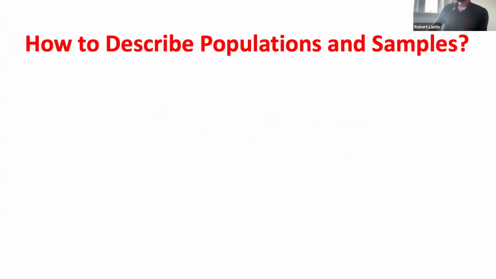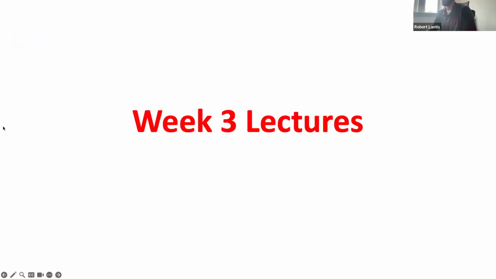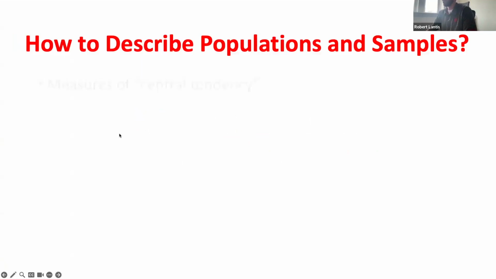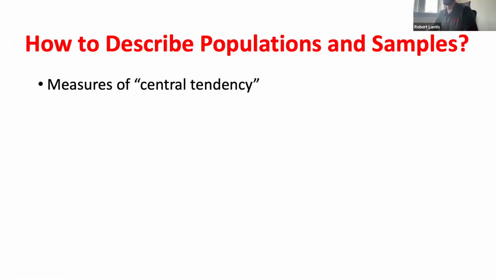How are we going to describe populations and sample data sets? We talked a little bit about the difference between those two last class, or last video, sorry, gotta get out of that habit. We've got two real kind of beginner ways we're going to start out. The first is measures of central tendency, which I kind of already mentioned